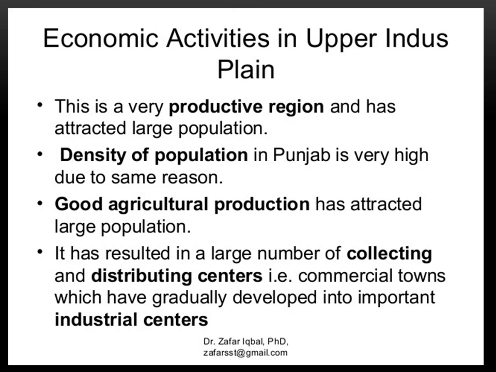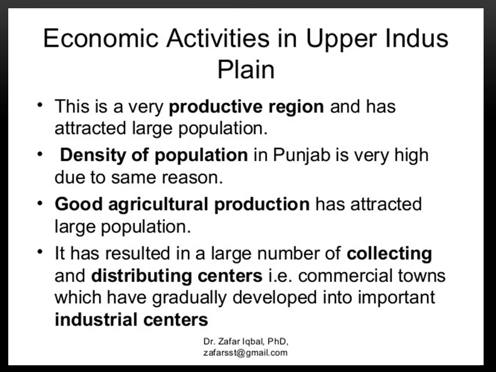The Indus Plain is the most developed region of Pakistan. Infrastructure facilities are easier to provide. Infrastructure means the public services, the public facilities that are given by the government, like the roads. They are making roads for us. They are providing electricity. They are giving us the telephone lines, communication, everything that comes under the infrastructure. So the infrastructure facilities are easier to provide because the land is plain, so the terrain is favorable.